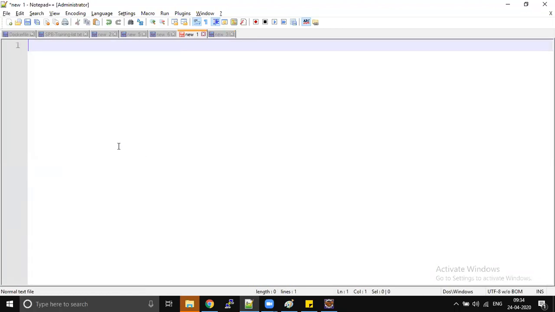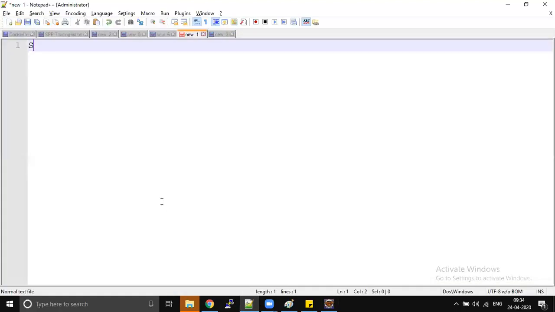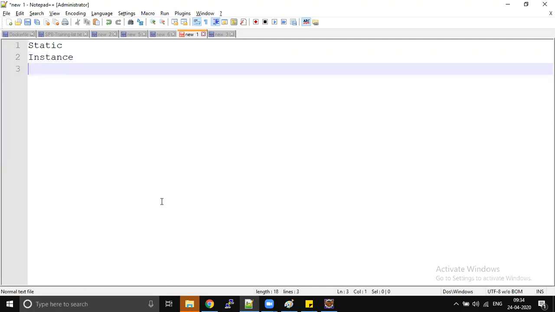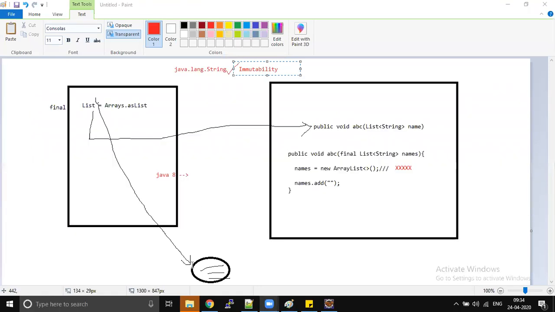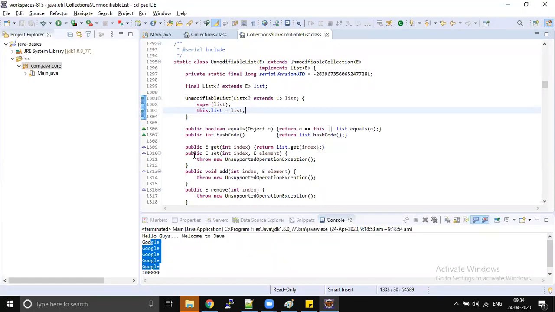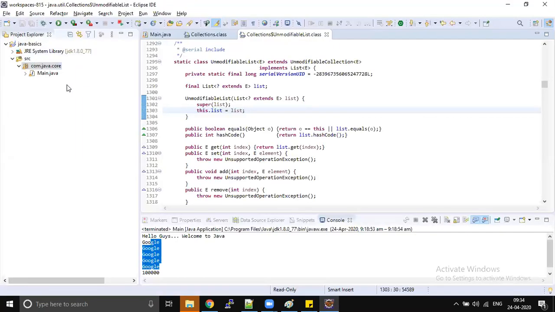Whenever we jump into Spring, we don't discuss all these things. So two types of variables we discussed: static variable, instance variable. I will share the material, no need to note it down. All the topics whatever we discussed are present in the material we have here, and every concept is discussed. The only thing is you have to read and remember. This is how it works. And you have to write your own examples, because all these are core concepts. I'm not providing the examples. When it comes to Spring, I will share the project. If required, I will share this Java Basics project also.